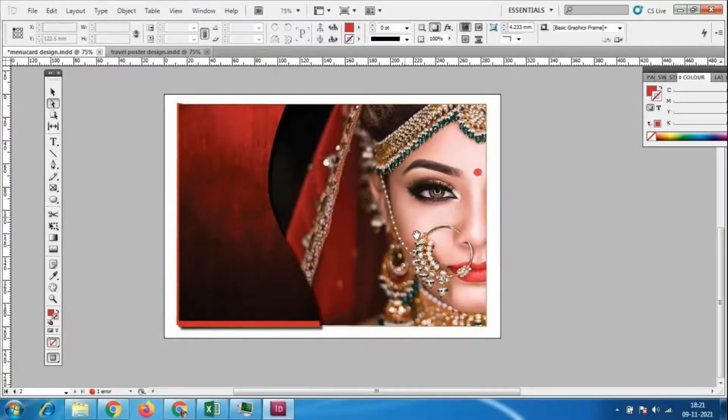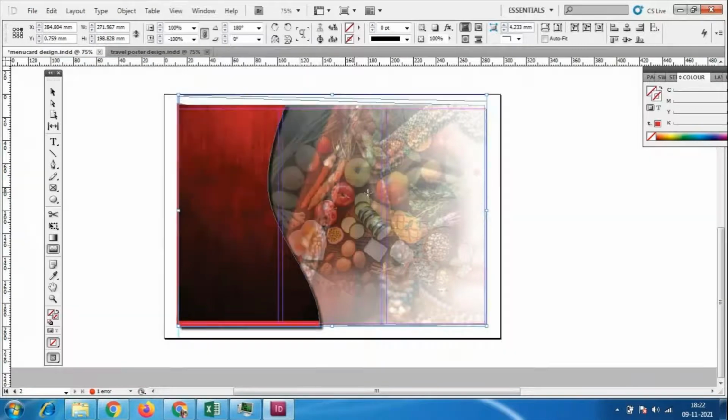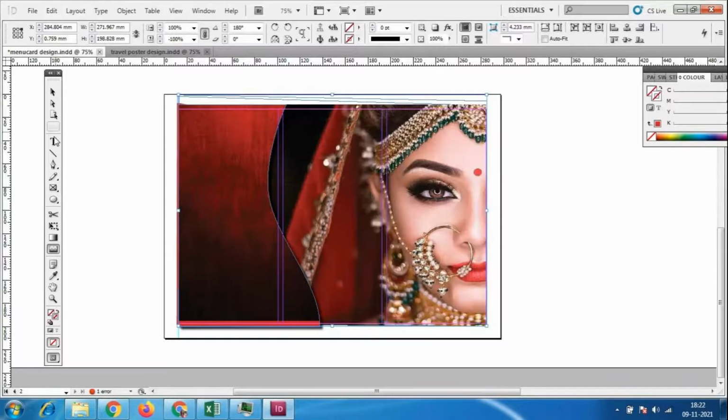If we make this image transparent, then we can see the columns. I'll go to this gradient feather, and look at here, everything we can see in the background. I'll go to screen mode, normal mode. We will get this background like this. Whatever things we have placed in the background, we can see.